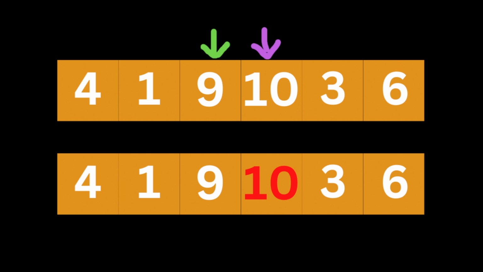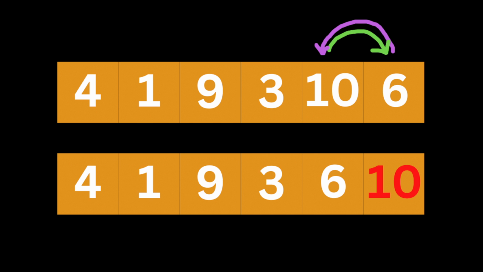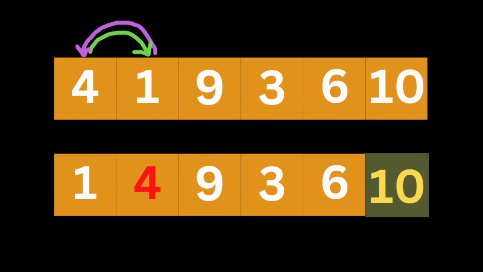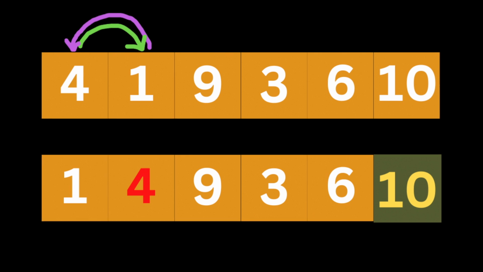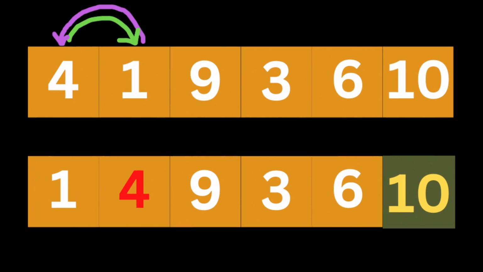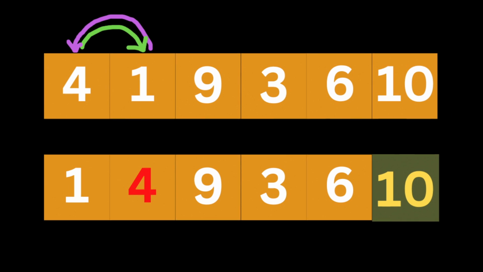And we compare 10 to 3. Is it smaller or equal? No, so we swap them, and we continue. Is 10 smaller than or equal to 6? No, we swap them in place. That's how bubble sort works. After we're done with the first iteration, we notice that the largest number, which is 10, is at the end of the list, so we don't need to check this number again. Now we have to start at the beginning again and iterate through the list,